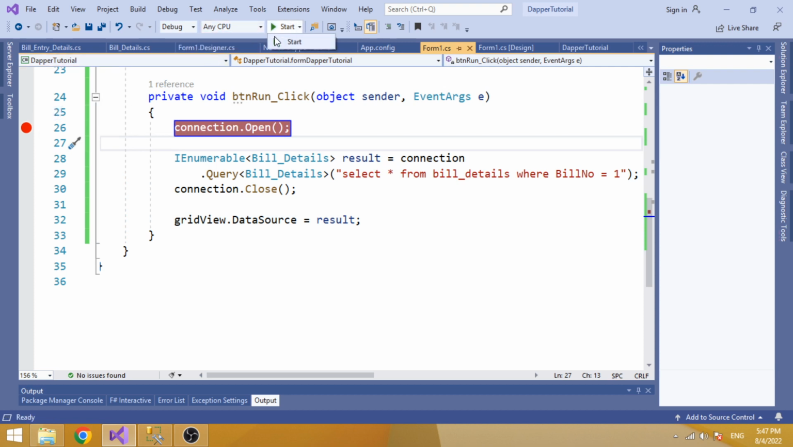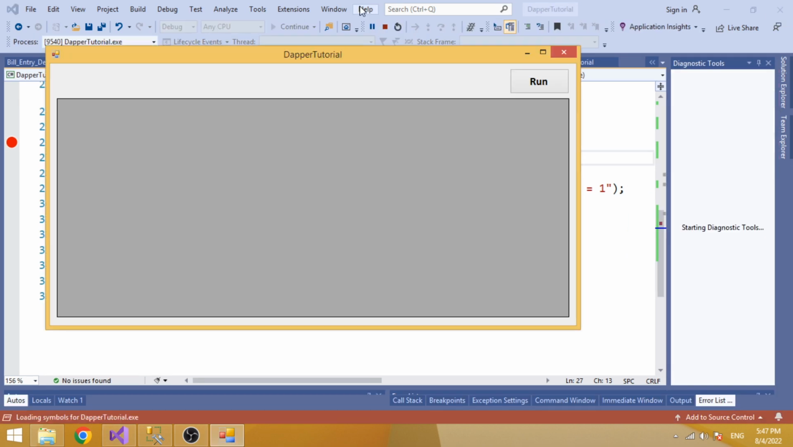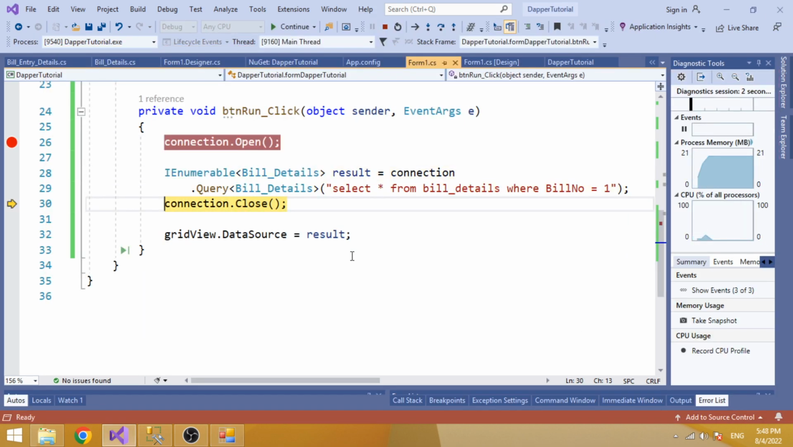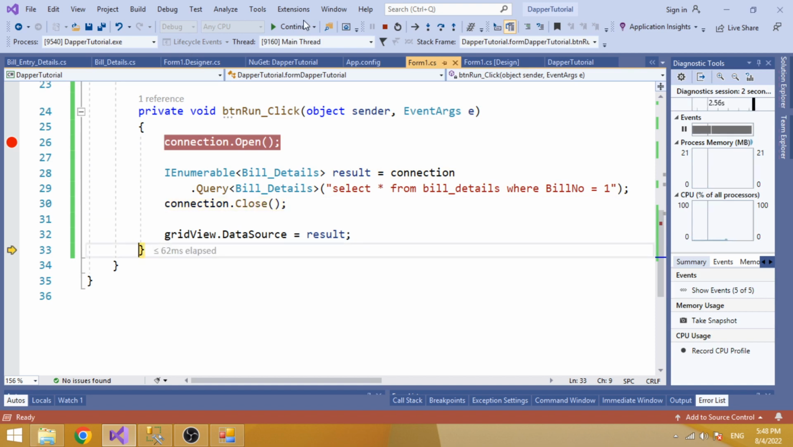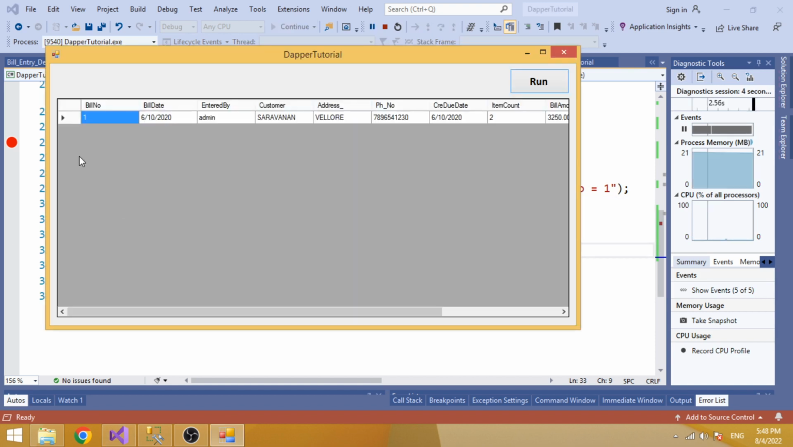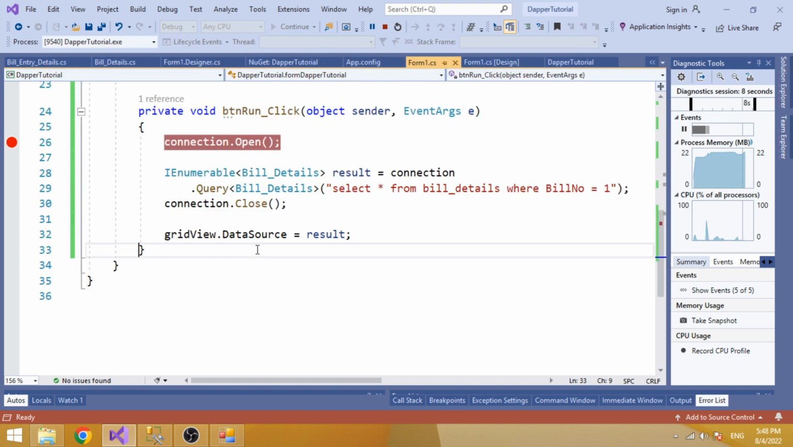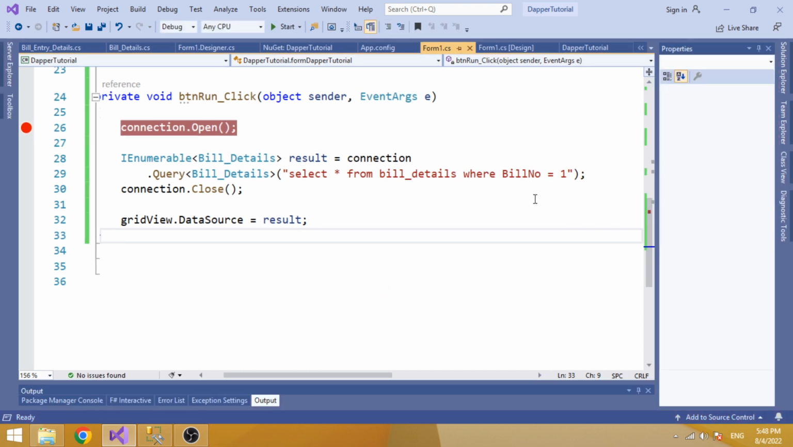So we are going to get the bill 1. You can see, yeah, bill number 1. So we got the result here, bill number 1 row. And yeah, the next way of